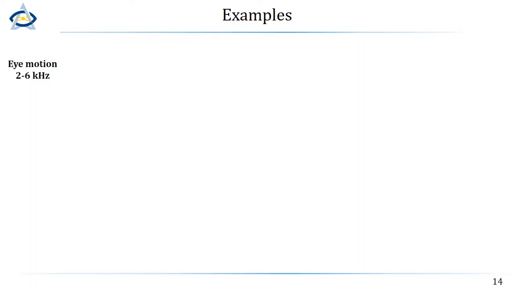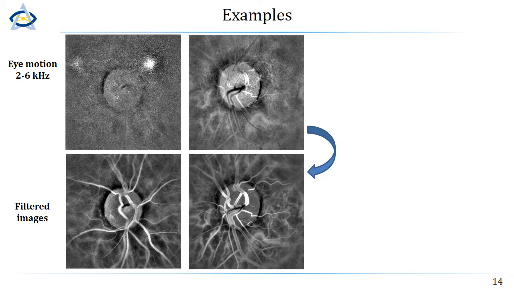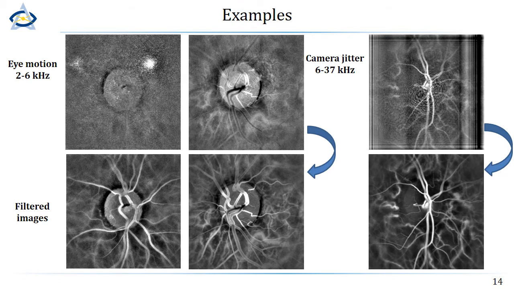We can do pretty much the same with eye motion. For the same reason, eye motion is something very correlated over the whole field of view, like corneal reflection. And when we do the prior SVD filtering before doing the Fourier analysis, we're able to largely increase the signal of the image. And to our surprise, it was also very powerful to increase the contrast of images that were